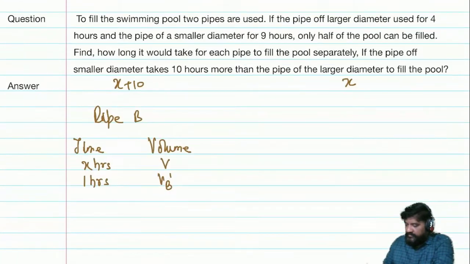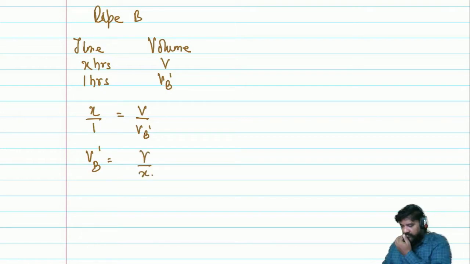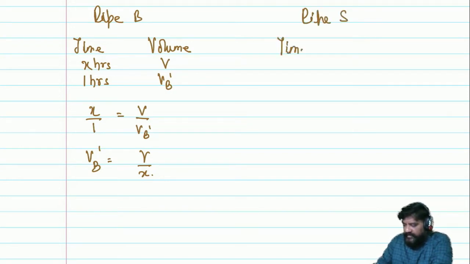So again, because this is in direct proportion, I can write X by 1 is equal to V divided by VB1. And from here, I know that the volume, which is VB1, is equal to V divided by X. Next, I'm going to calculate the same thing for pipe S. Here again, we have the time and the volume information. And the smaller pipe is running for X plus 10 hours and it's filling up the entire swimming pool. And for 1 hour,